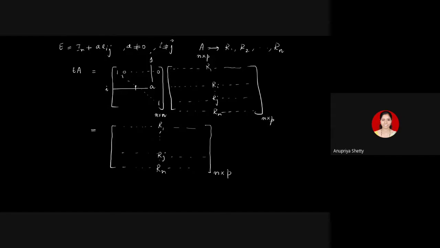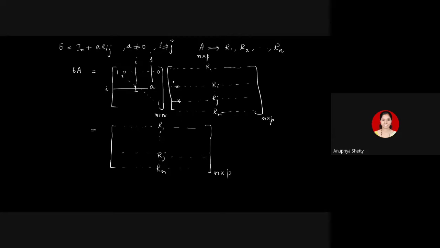Remember, there is 1 present exactly in the diagonal position, that is the ith position, and in the ijth position there is a. When you multiply this row with each of the columns, what happens? This 1, which is in the ith position, gets multiplied with the entry in Ri, and this a, because it is in the jth place, gets multiplied with the entry here. So you get the entry of Ri plus a times the entry from Rj every time.